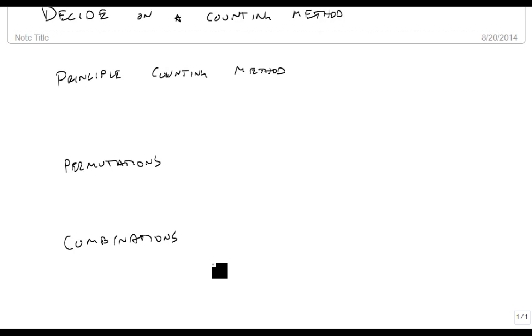So here's the best way to think about it, and I actually start in this order. I look for if it's a permutation or a combination and end with the principal counting method. The permutation is, ask yourself, does order matter? If order matters, if where someone is seated or which one goes first in a bookshelf or the order of the books on the bookshelf, if that matters, then you should use permutations. If order does not matter,